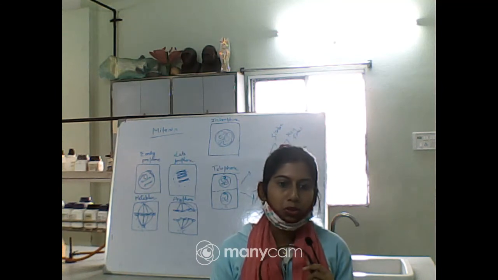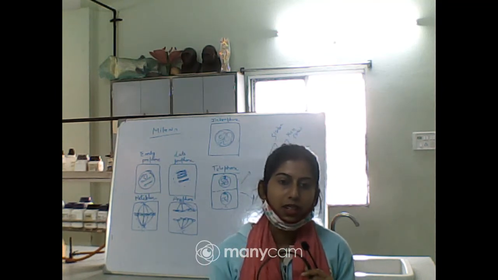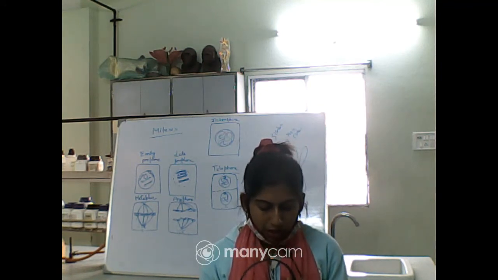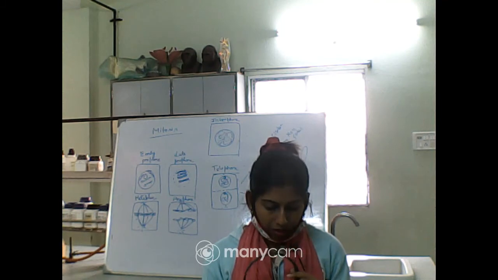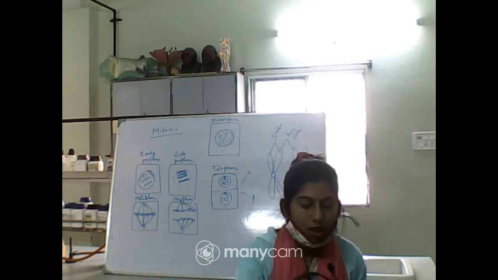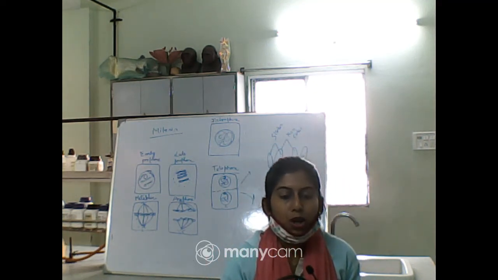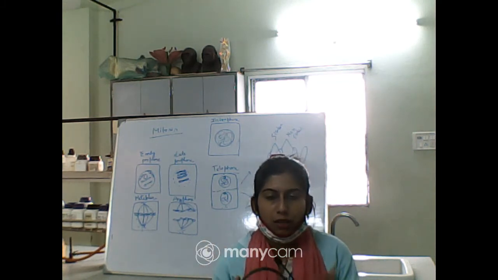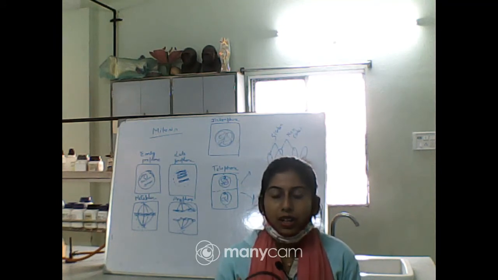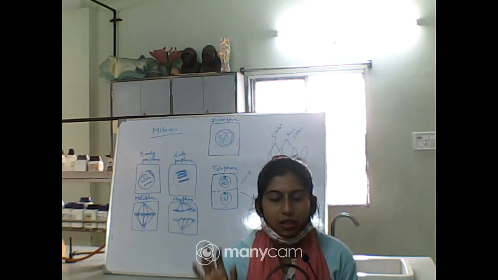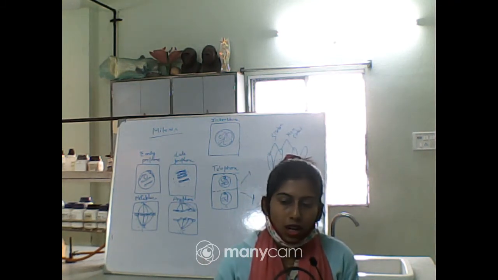Okay, so you have to know about the different stages of mitosis and you have to identify them. So I am repeating the heading of the practical, and this is our last practical from our syllabus. Mitosis in onion root tip cells and animal cells, grasshopper from permanent slides. So for that, what do we have to know? We have to know about the different stages of the mitosis. We have to check it under the microscope. We have to identify which stage it is, and we have to write down the characteristic feature of this particular stage. Okay, this is all about this practical.